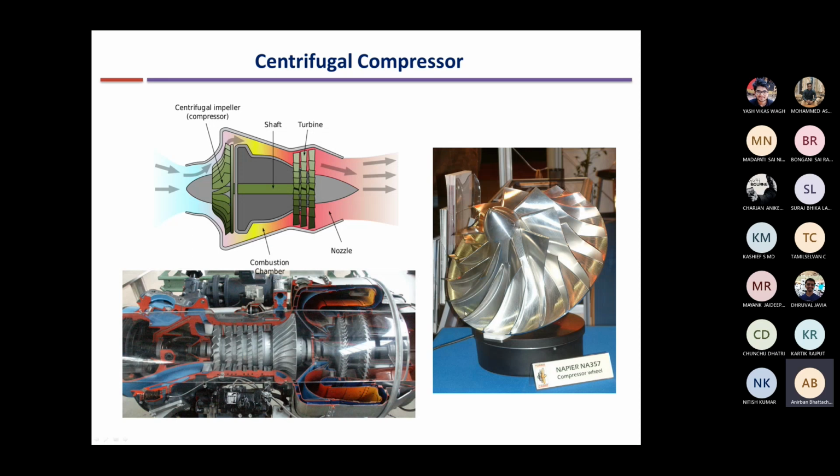The role of the diffuser is to change the cross-sectional area, lower the velocity and increase the pressure even further. Already the pressure has increased, but we will increase the pressure even further by reducing the velocity. Okay. Ultimately, the aim of the compressor is to increase the pressure. It is not to increase the velocity. We don't need high velocity. We want low velocity in the combustion chamber. So we'll convert this kinetic energy to further rise in pressure in the diffuser. So diffuser is like a normal diffuser. It increases the cross-sectional area.